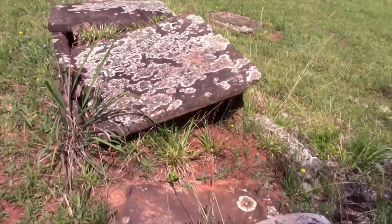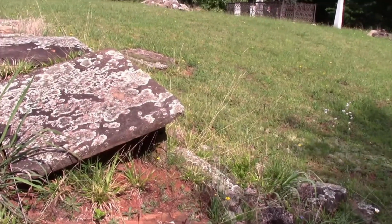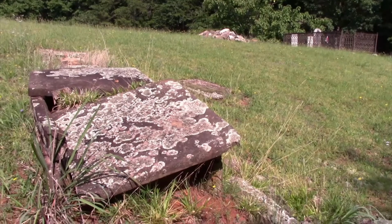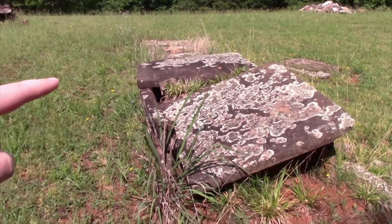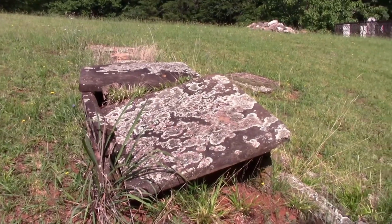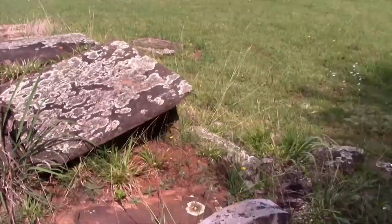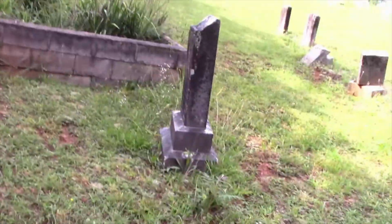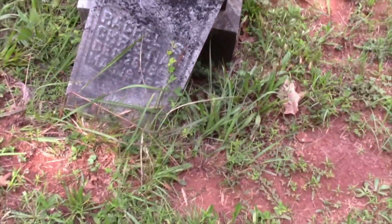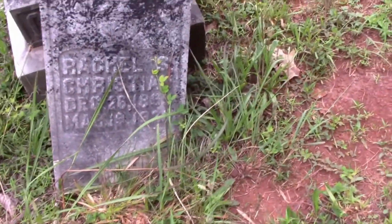This is the one we're not allowed to touch. It's an above ground mausoleum, and you can see that a tree stump started to grow out of it. There is a very old dead body in there. We're not gonna get close to that. There's also some further down here. You can see a lot of them have fallen off, but the script is still